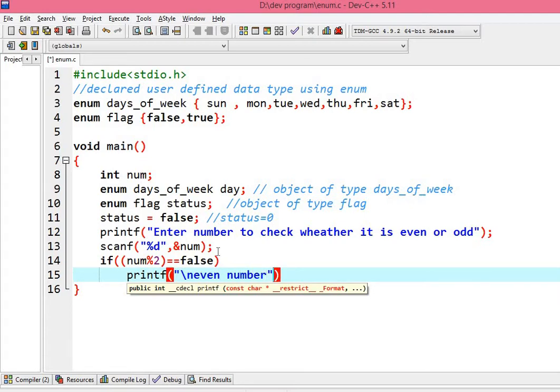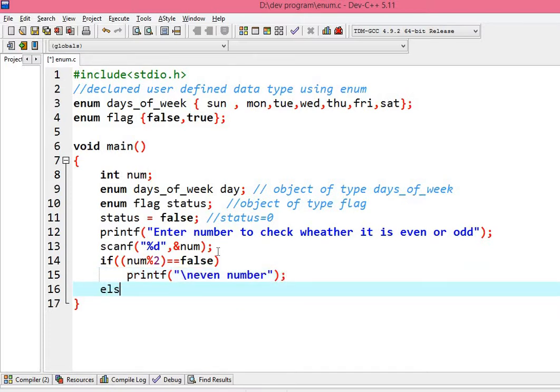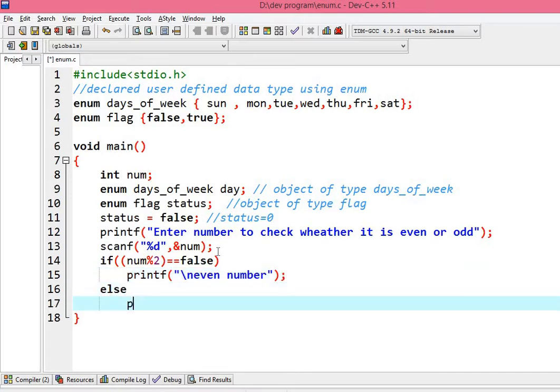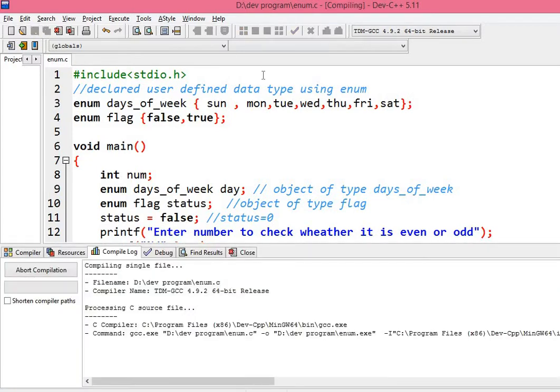Otherwise, that is else, printf, otherwise it is an odd number. Okay, done. Now let's compile the program and run the program.